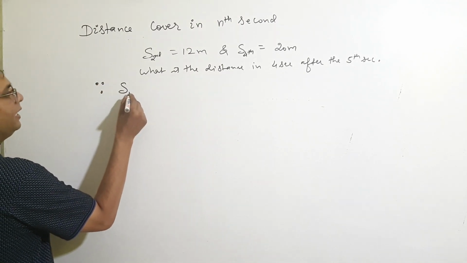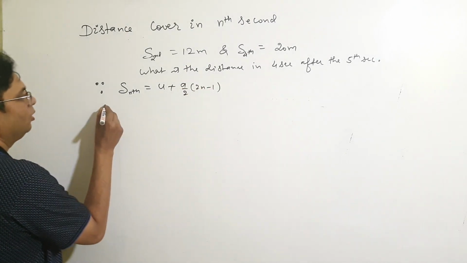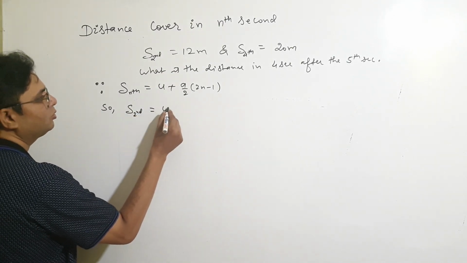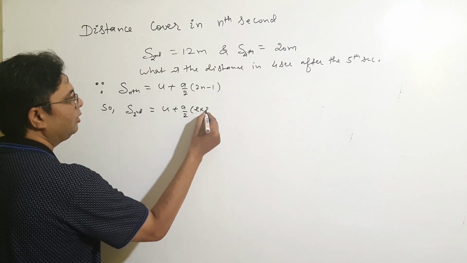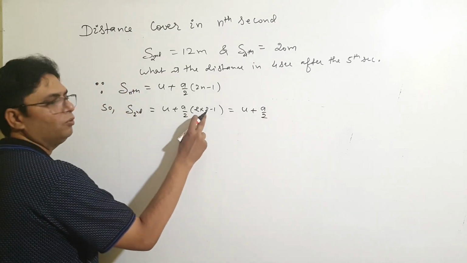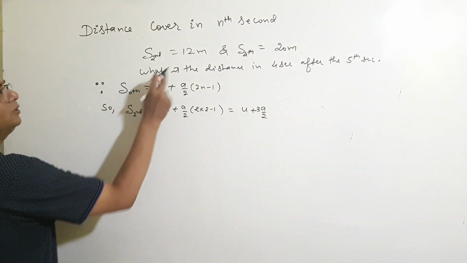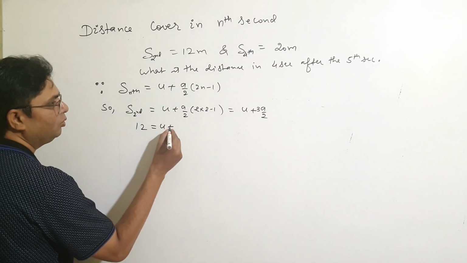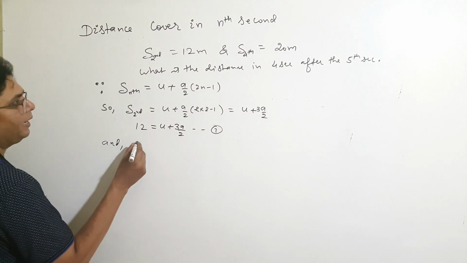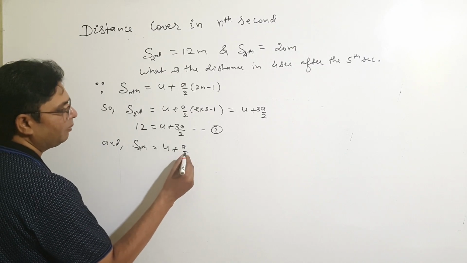As we know that S nth equals u plus a by 2 into (2n minus 1). So you have S2 equals u plus a by 2 into (2 minus 1)... here 2 into 2 is 4, minus 1 is 3. So you have u plus 3a upon 2. Now S2 is 12, given, so write here 12 equals u plus 3a by 2, equation number 1. And in the same way, S4 equals u plus a by 2